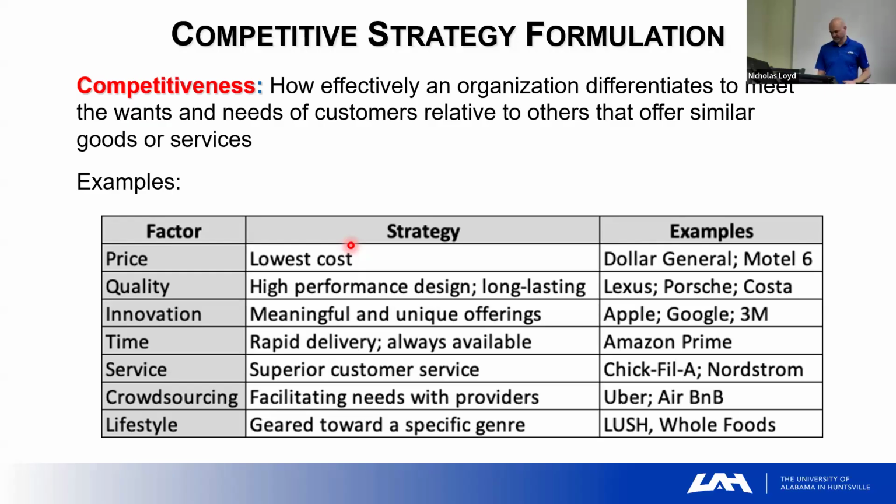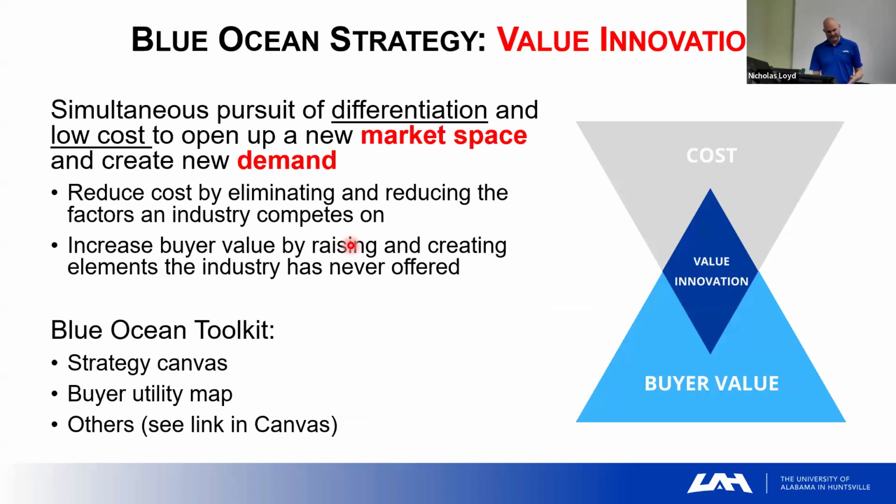And that's how you can start to identify how can we be competitive in things. And then another view on it, we talked about the Blue Ocean strategy back a few weeks ago. And the Blue Ocean strategy calls it value innovation. In other words, Blue Ocean means I want to have a business idea that is different than what anyone else is doing. I don't want to be over here in this red ocean. The red ocean is there's a bunch of sharks, there's a bunch of competition, and it's really bloody and hard to compete. But if I can come up with my own unique idea, then that's a blue ocean that I can compete in and charge a higher margin.